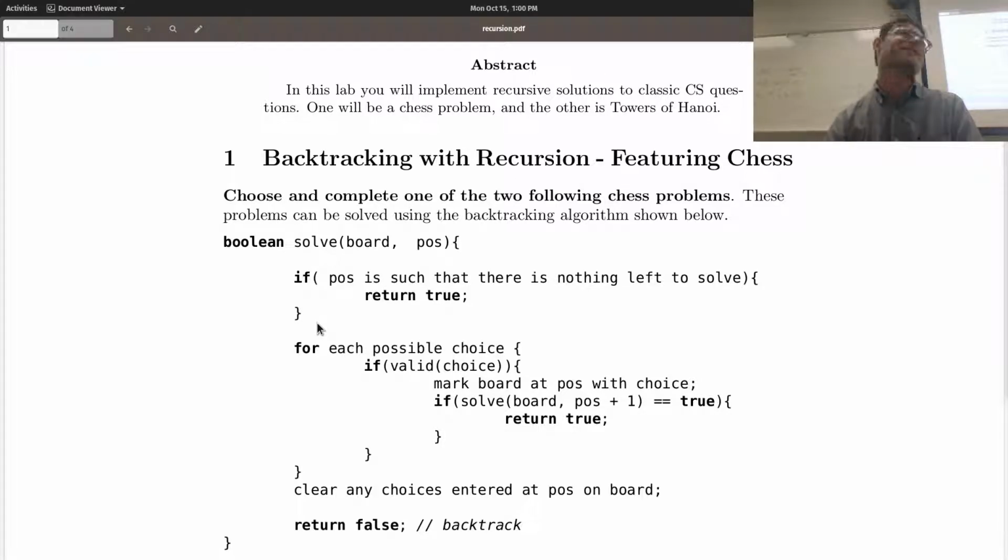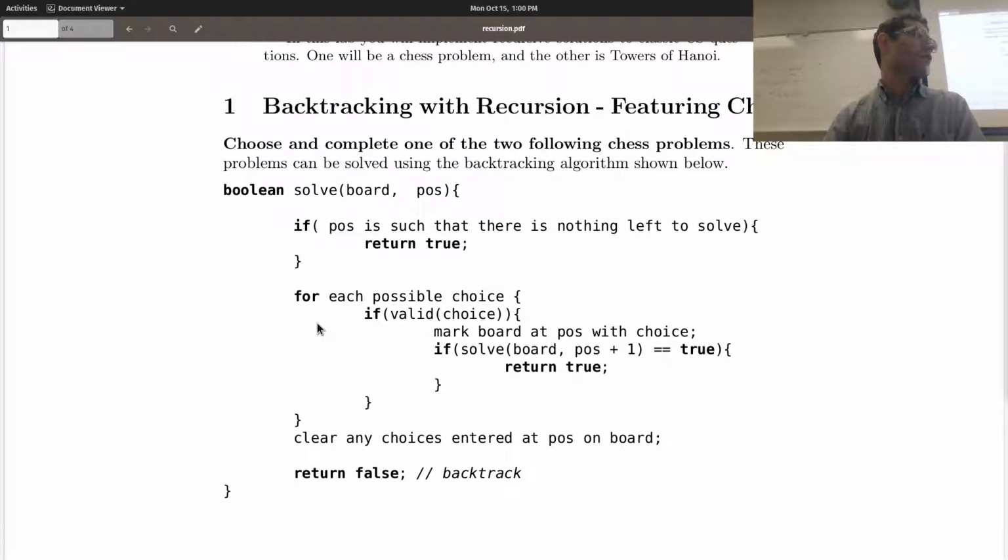It's not so much a base case, it's kind of this weird midway point between a recursive case and a base case, right? It says, oh, that's pretty simple. The next step is to move on to the next square, right? Recursively call the next square. So if you've got an empty square, you try each of the numbers 1 through 9 until you get one that fits, right? So there, your is valid choice is